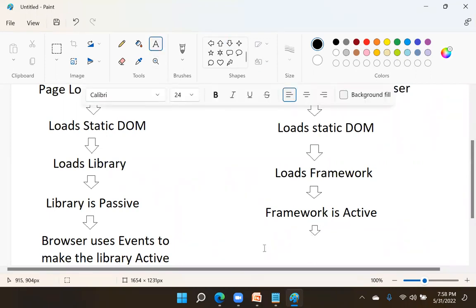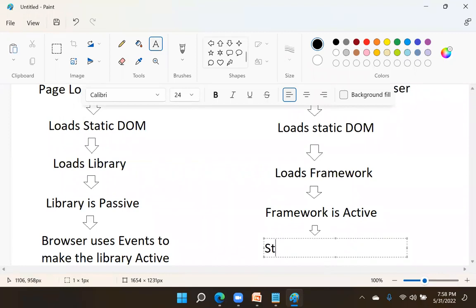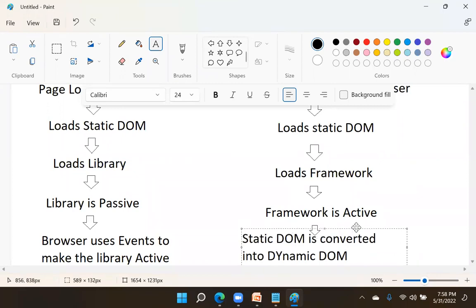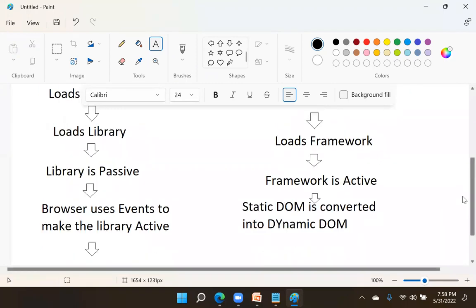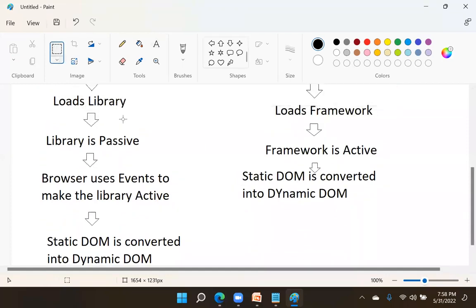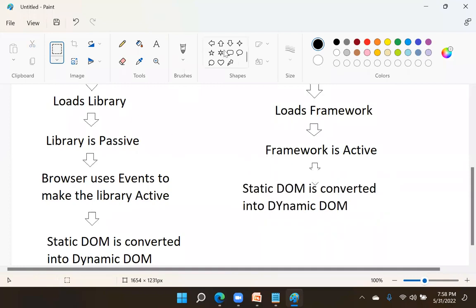Without using extra events, the static DOM is converted into the dynamic DOM. That is what it is going to deal with. Now the framework is active and takes control over your application.